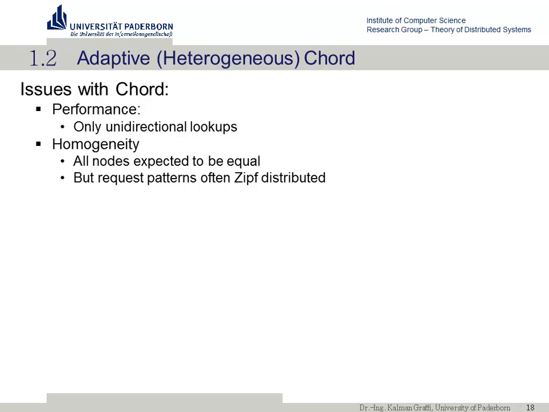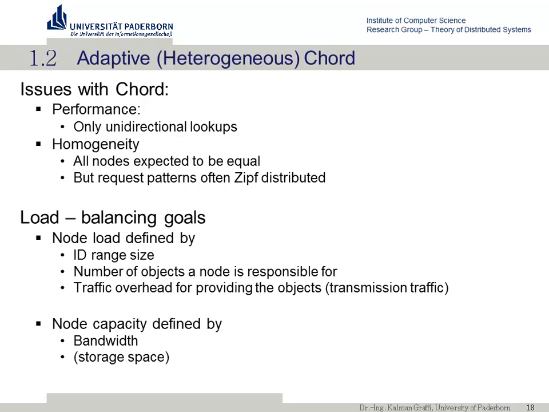So if you use Chord in some file sharing application, and you have various kinds of nodes inside, you have very strong peers with high bandwidth, but also very weak peers with very low bandwidth. And then somehow the files or these values that you store in Chord are distributed by random. So you have a hash on the object itself, and it's creating an object ID, and you don't know what kind of peer is responsible for that object ID. It might be a strong one, might be a weak one. And you might have the problem